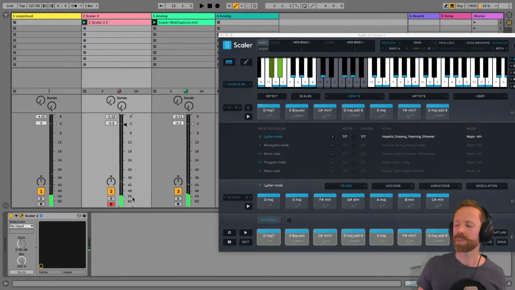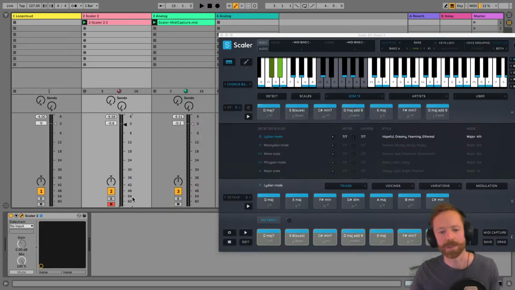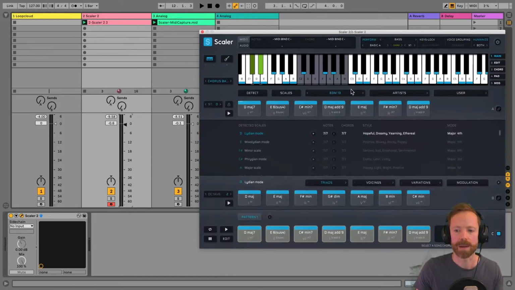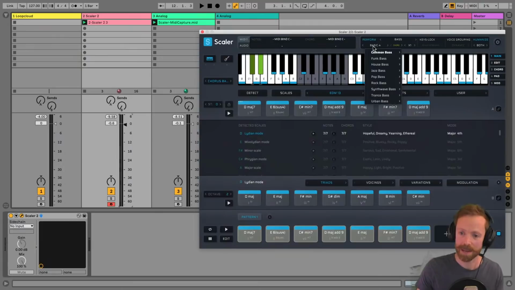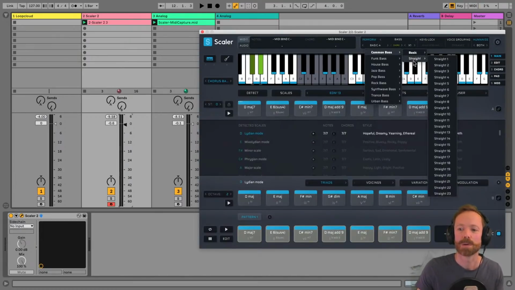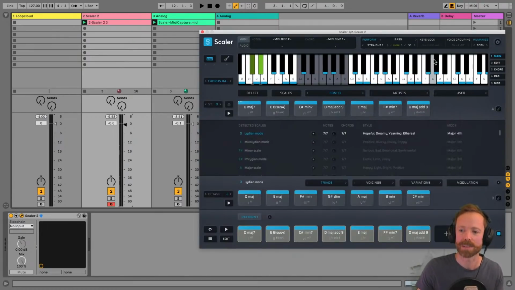So if you're thinking that's a little bit too out there, maybe adding extra rhythms, because we do have those quite plucky chords there, you might want something a little bit more basic than basic. What's more basic than basic? It's straight, and these ones here are really just playing that root note.